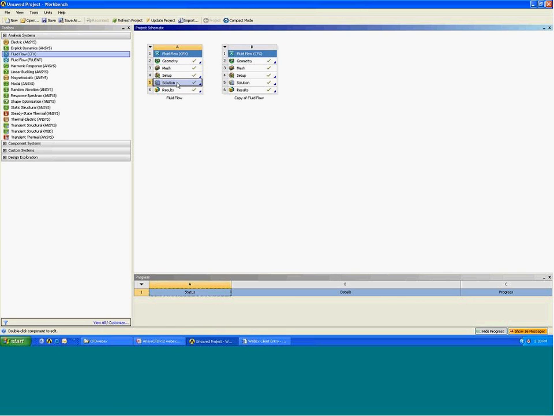Take the solution from the A block, that would be the first analysis, and drop it onto the result section in the B block. So you will see a link is established in Workbench saying this solution will be provided for viewing and comparison purposes in here. So if we go back to CFD Post again,